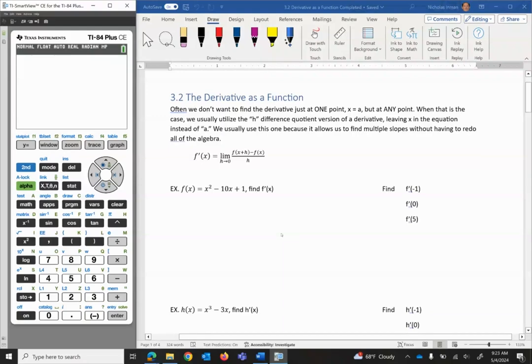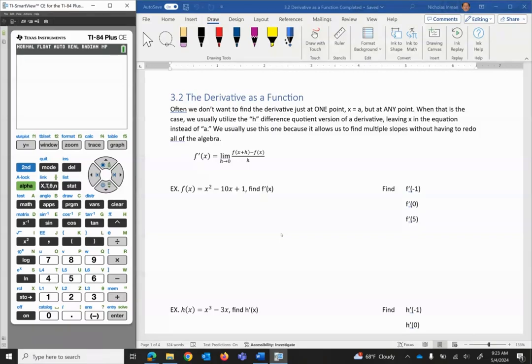All right, welcome. We're taking a look at chapter 3.2, the derivative as a function. So we've been working on derivatives. We have calculated them at specific points. Again, we are finding the slope of the tangent line at that given spot. Now, the issue is that if we want to find the slope at multiple spots, it just becomes a lot